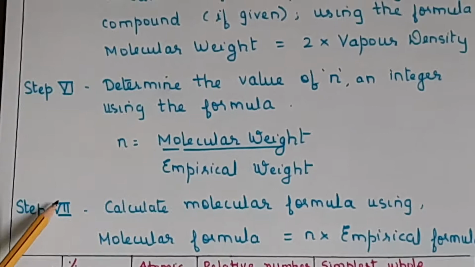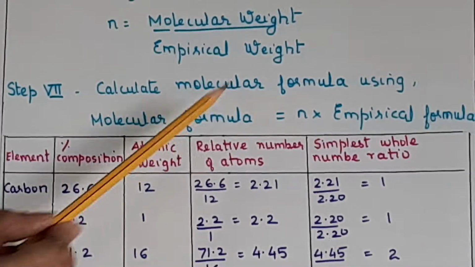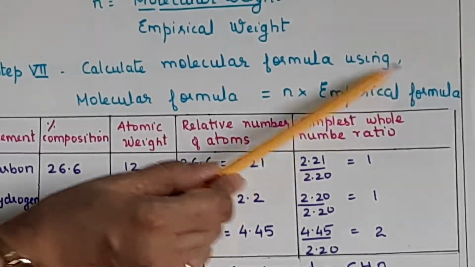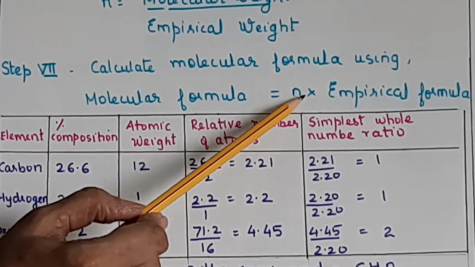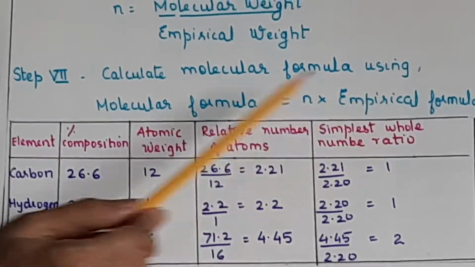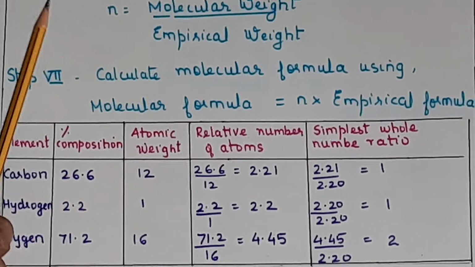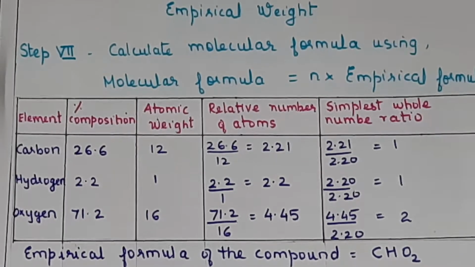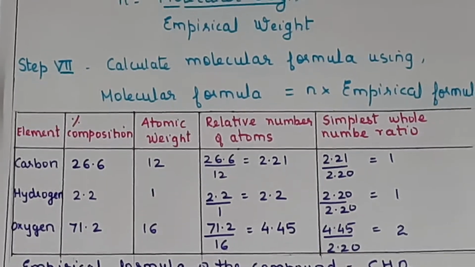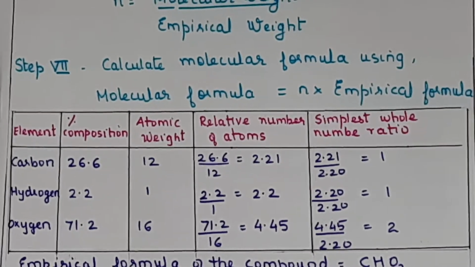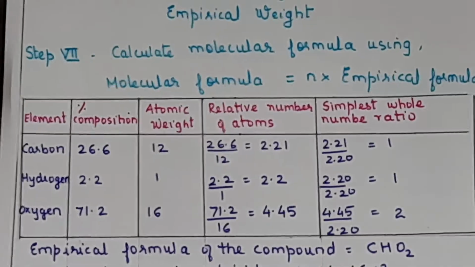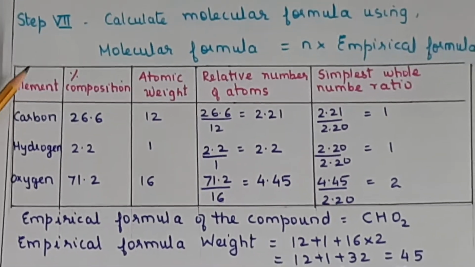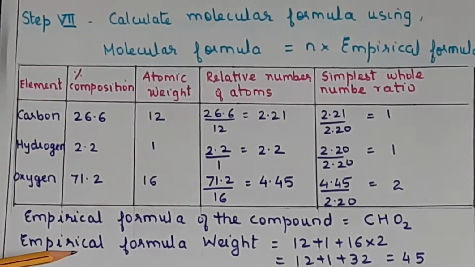Okay. And the last step will be, you will calculate molecular formula using this formula, that is molecular formula is equal to n into empirical formula. Empirical formula you have already found out. So whatever is the value of n, multiply that, and that gives you the molecular formula. Okay. So the steps you will just note down. You don't have to learn the steps by heart, you have to apply them. Okay. But see that you write them in the notebook, because later when you are solving, maybe after 6-7 months, you should know what is the correct procedure and the correct method for solving the sum, in case you forget it. Okay. So now that same example which we had written, just see how we are solving it.